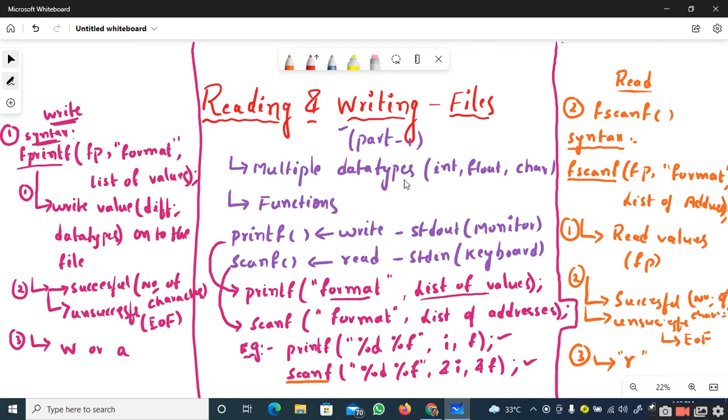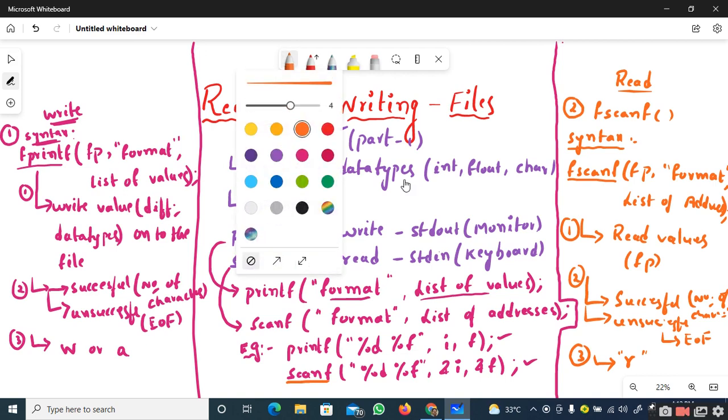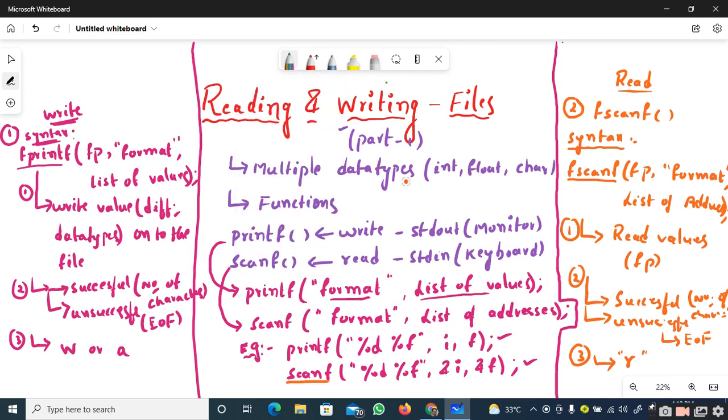Before wrapping up the session, let us have a quick recap of what we have discussed in today's session. We started the concept of reading and writing files, and how we read and write multiple data types like integer, float, char, etc. We use two functions to deal with this, fprintf and fscanf.